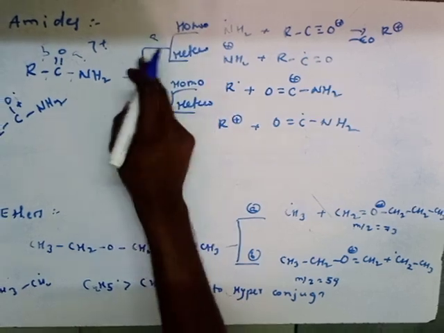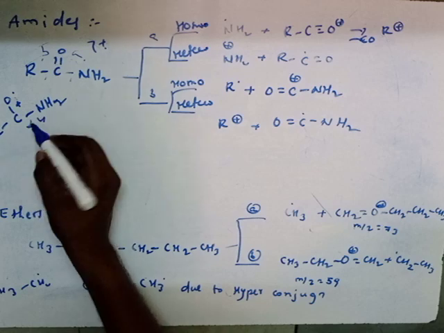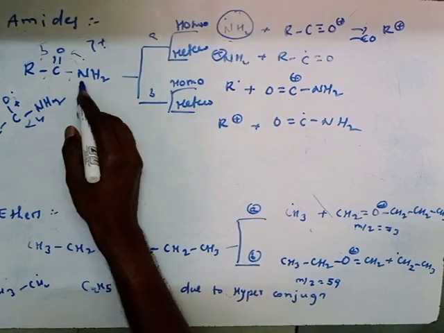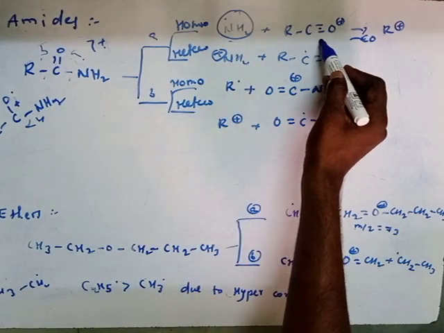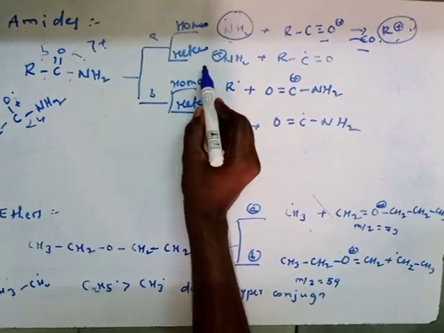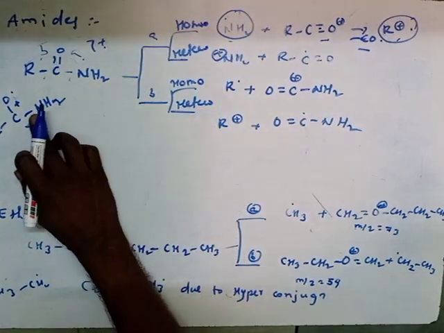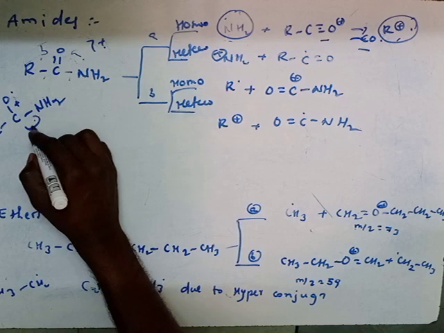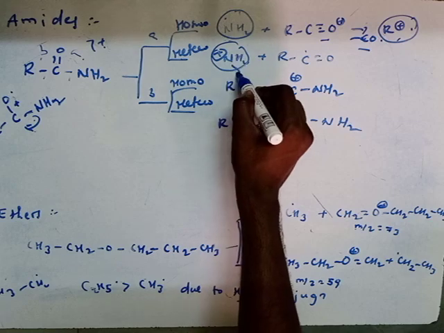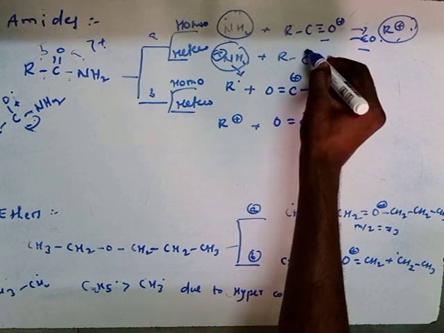Now we are going to discuss A-type cleavage. Here A-type cleavage undergoes homolytic cleavage. In homolytic cleavage, the NH2 radical will be formed, and the remainder will form a cation, with loss of CO taking place to form the cation. Similarly, it will undergo heterolytic cleavage. Both electrons move to this carbonyl group, and here loss of electron. That's why NH2 is present as NH2 plus. Here there will be radical formation.